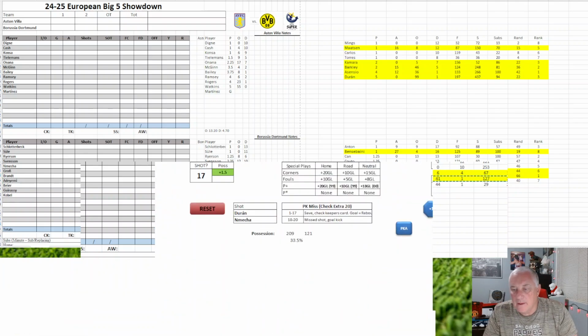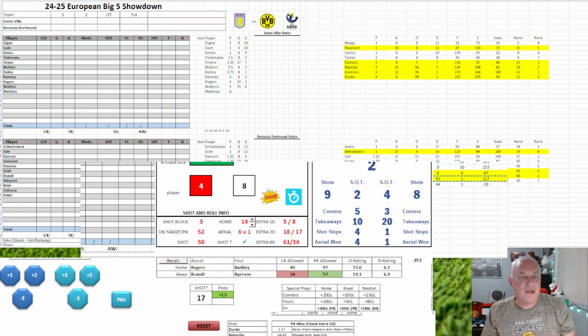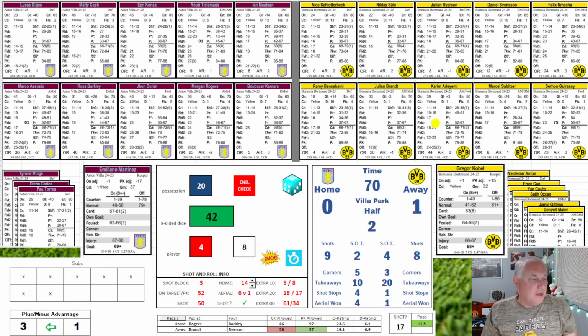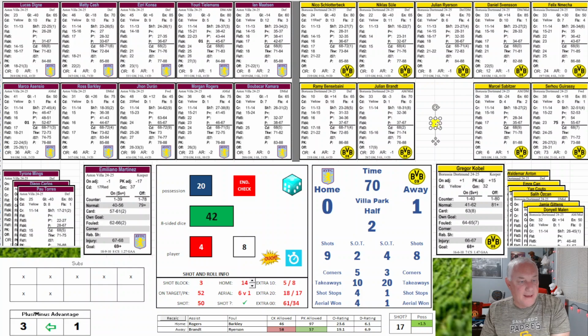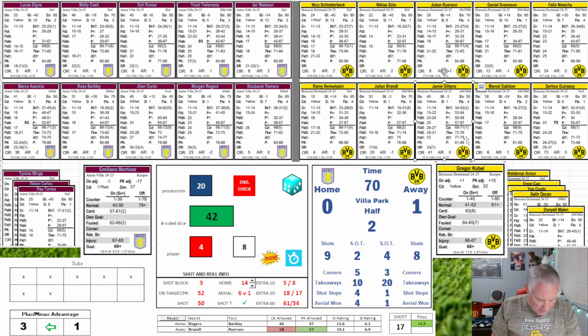And thank you for sticking with me as I work through this process. I'm just trying to make sure I get that good flow going and how I want to play the game. So getting better at it, figuring it out. So Gittins comes in. He's a +1. We're going to re-roll. That is the third sub for Dortmund. 445 is a P.